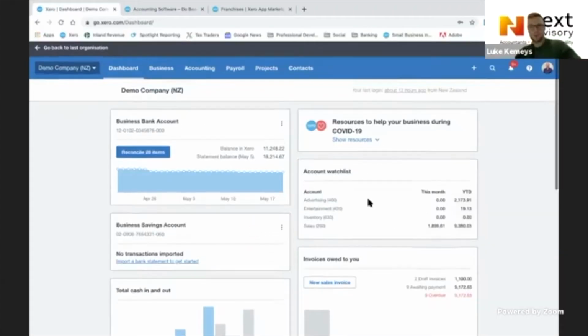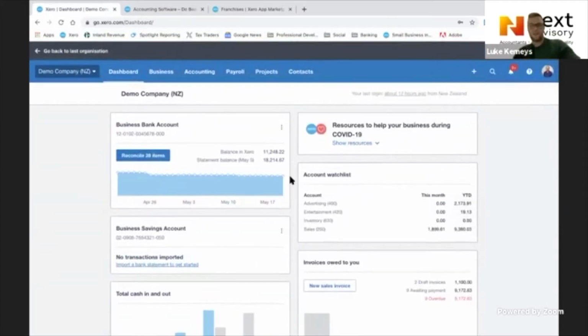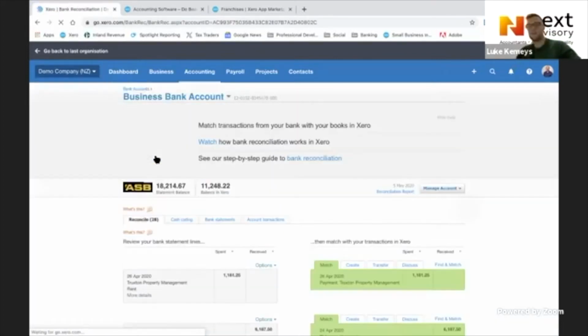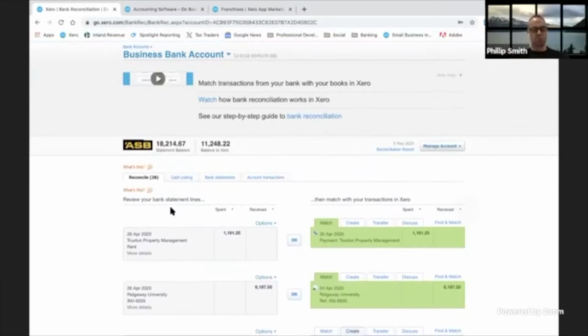Cash coding, which we'll touch on because it can be time consuming, but it's very rarely used, isn't it? But it can be very good for somebody that's been a little bit naughty and hasn't been keeping up to date with their reconciling. Yep. So to get to cash coding, you click on the reconcile button that I just clicked on before, and this